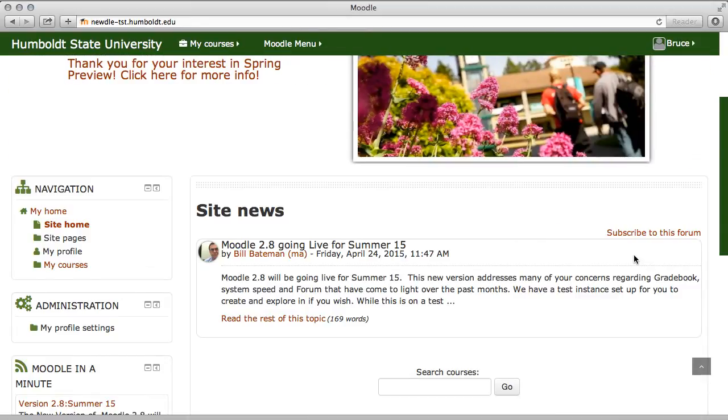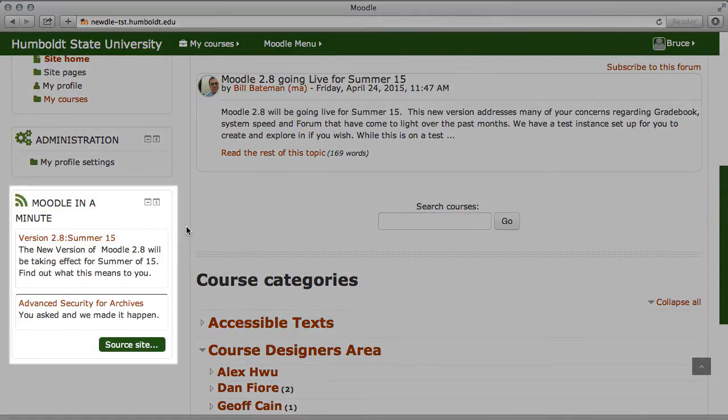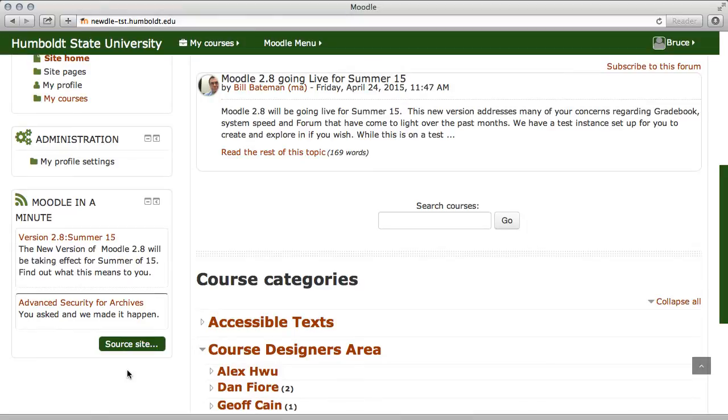For example, in the left-hand column at the bottom of the screen, we have our Moodle in a Minute. This is an audio blog, and this is basically about a minute and 20 seconds, almost like headlines in Moodle, to give you an idea of, for example, the new version is coming out. There's extra on-demand training available for faculty, this type of thing.